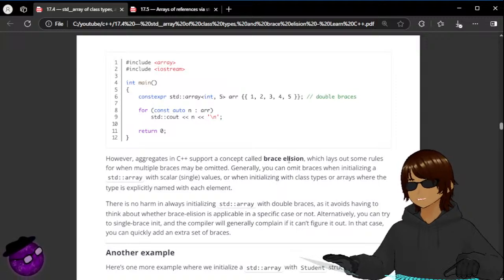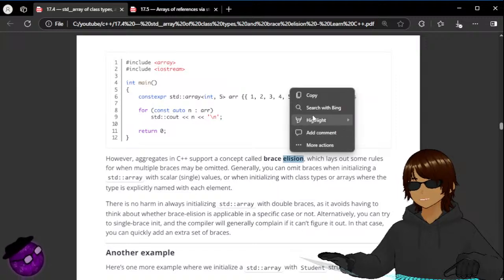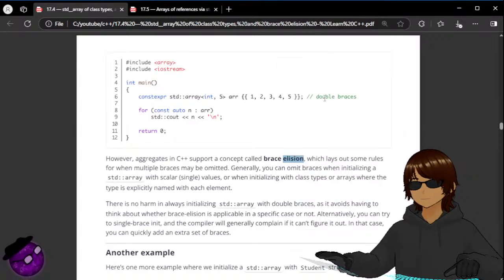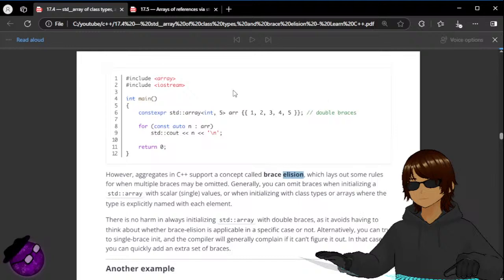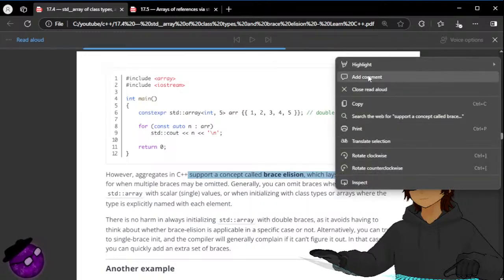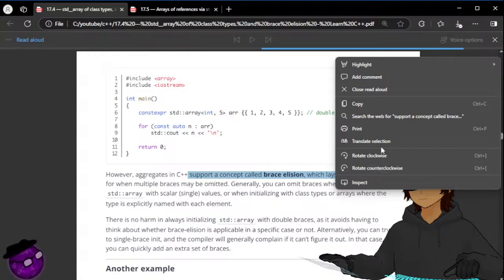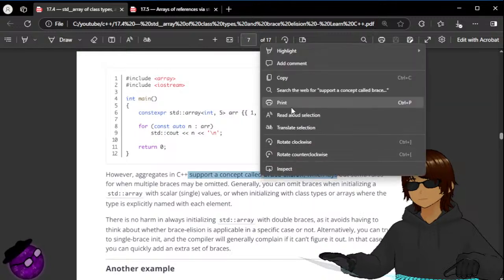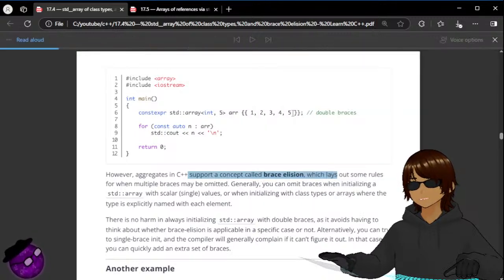Is it elision? How do you pronounce it? I don't know if the read aloud would take a lot of time. It's going to keep on loading. Read aloud selection,